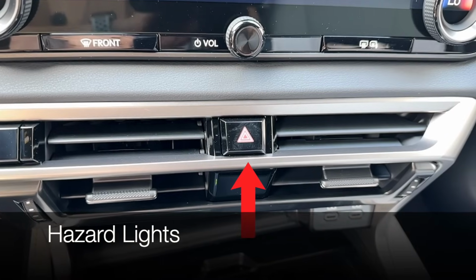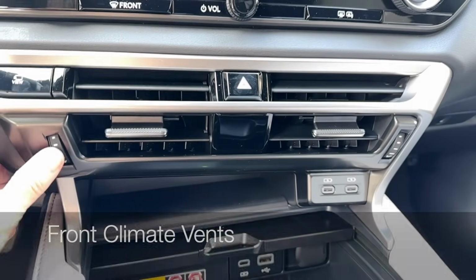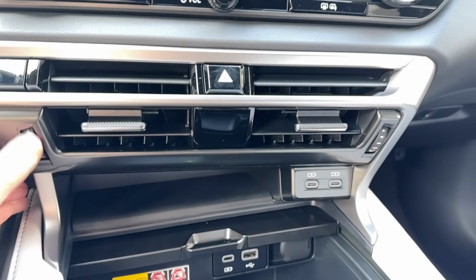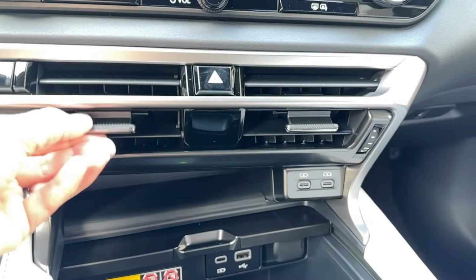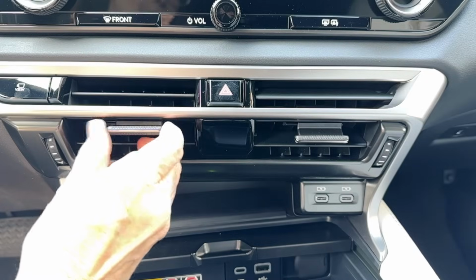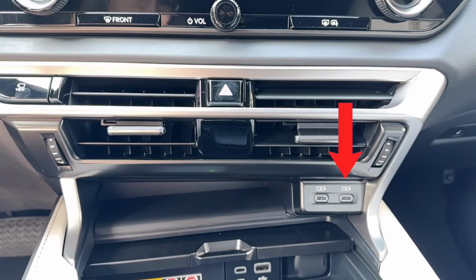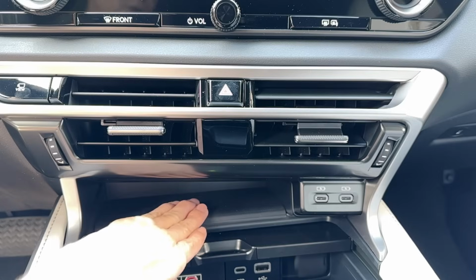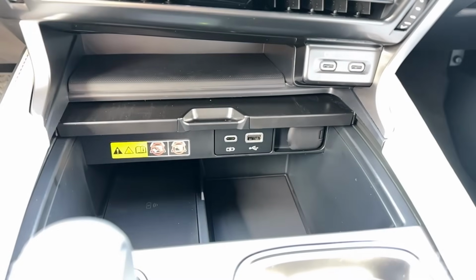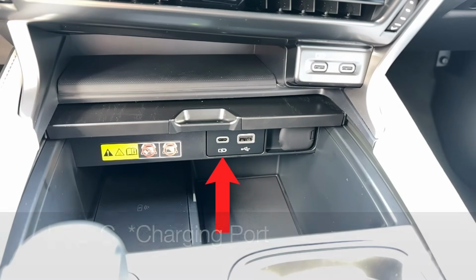Hazard lights are located in the center of the air conditioning vents. Controls for opening and closing the vents are located just on the sides. You can also raise or lower and move left or right on the driver's side and the passenger side. Coming down, you'll see 2 USB-C ports for charging, a small storage cubby, and coming down just below, if the door to your storage and charging area is open, you'll see an additional USB-C port for charging and a USB-A